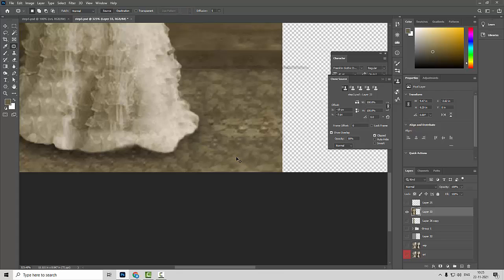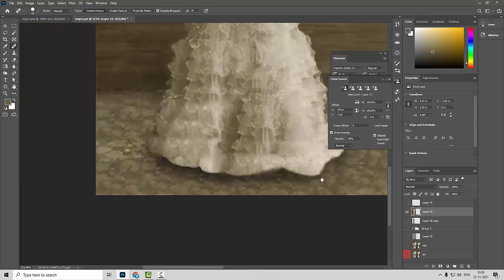Okay, now it doesn't look good. I'll press the healing brush tool and just paint and remove these artifacts, something like this.